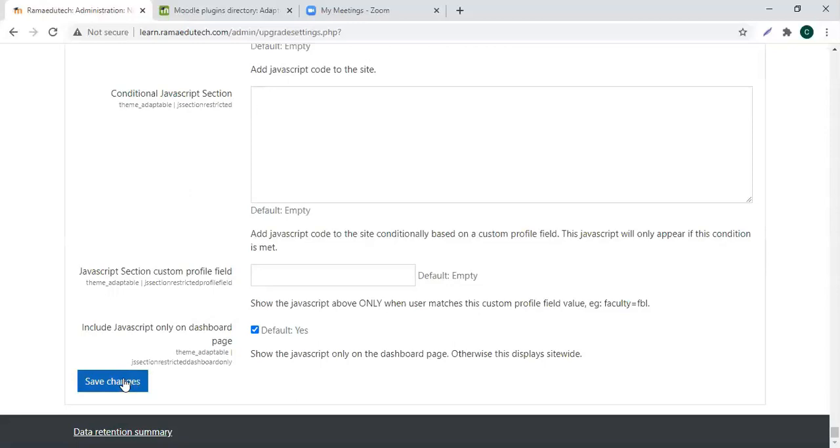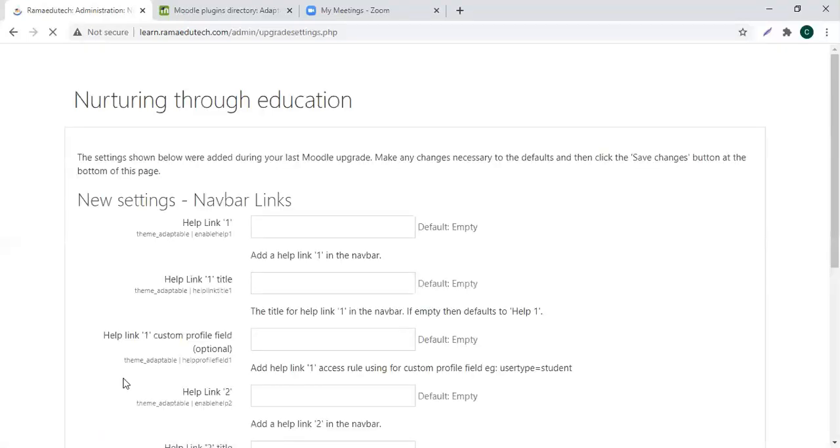Okay, save changes. And say you have 2 different courses. Are you going to use the same theme for each one, the same color and everything? Yes. Good question. Theme is for the website. Theme is not related to your courses. Theme is for the website. Okay. You have 1 course, you have 10 courses, you have 0 courses, immaterial. Theme is related to the website. Okay.